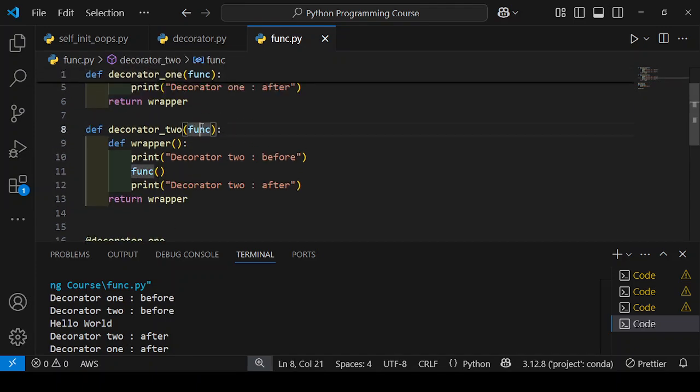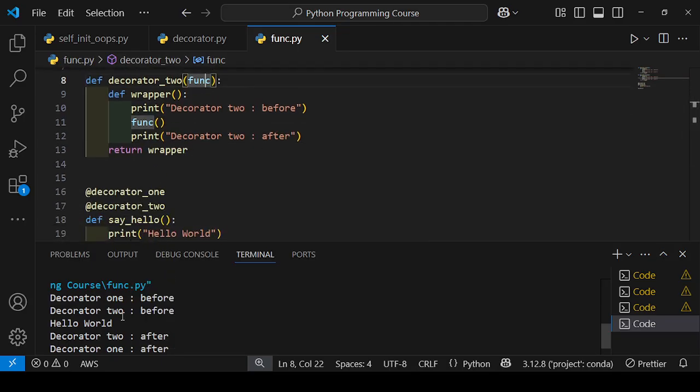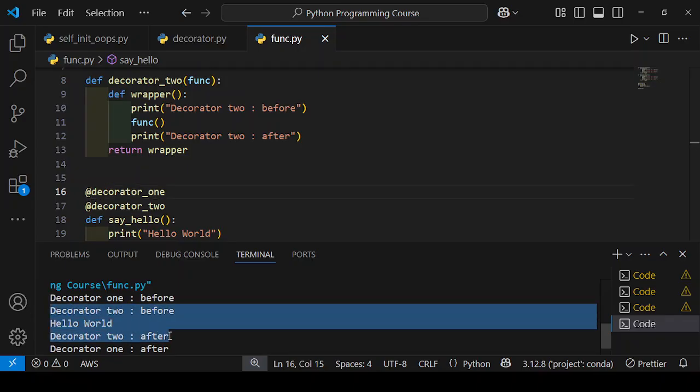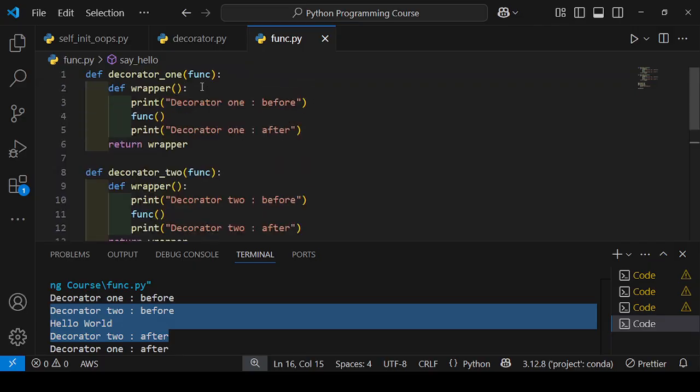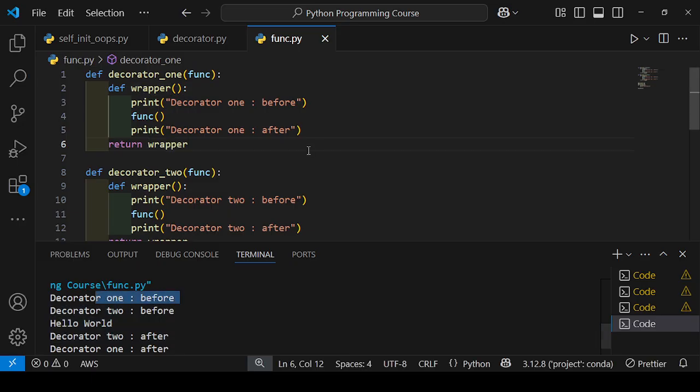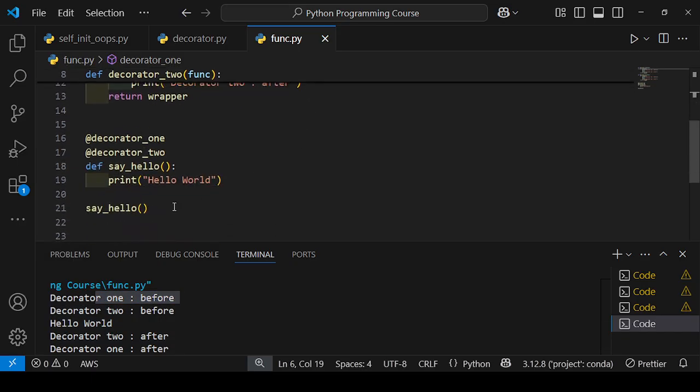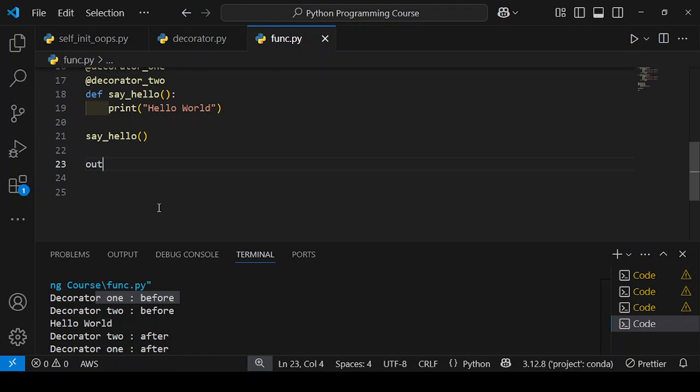here, then it wraps and provides some two print statements that are shown here, decorator 2 and decorator 2, and here is a function. Okay, and this output is passed to decorator 1, and this also provides two more print statements that are seen here. Okay, this can be written as, yeah, here I will write output,